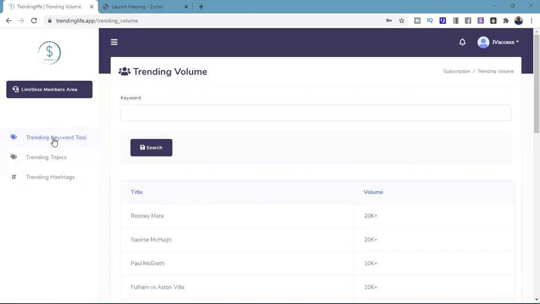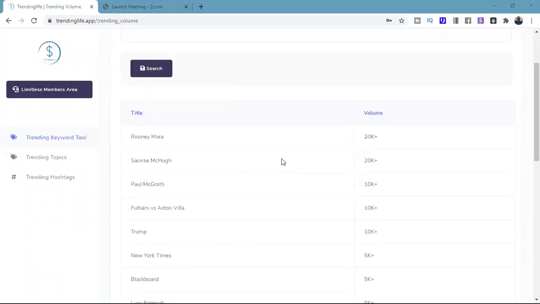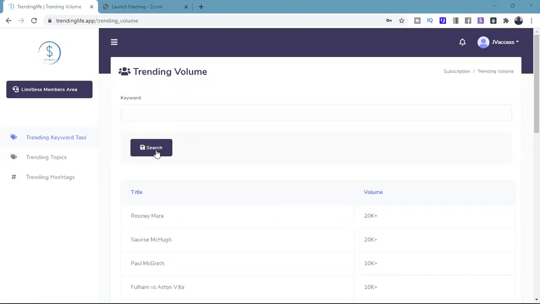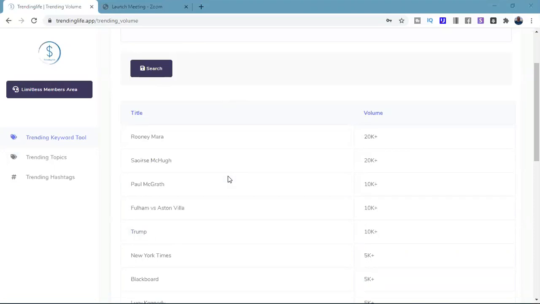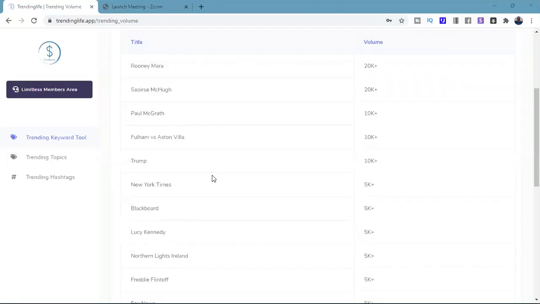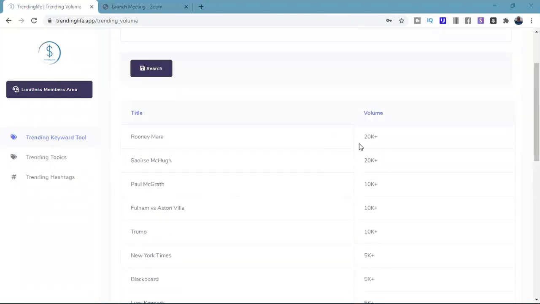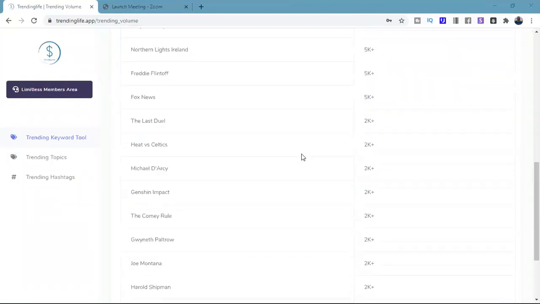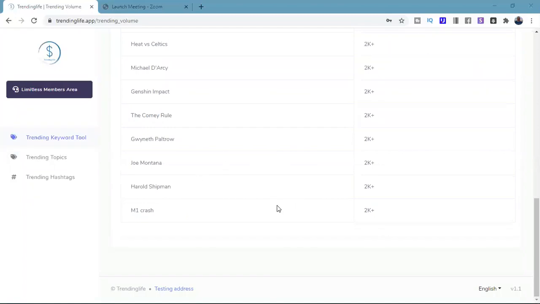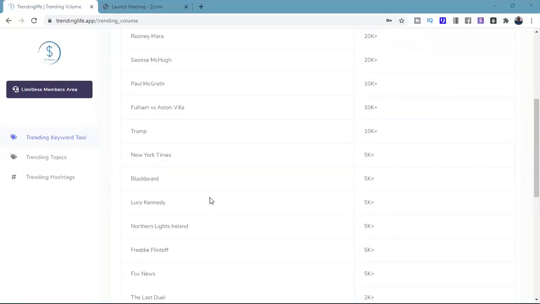parts. Now, this part here, Trending Keyword Tools, actually has two different subcomponents, and I'm going to explain what they each do. So the first thing that you see is today's hottest alerts. So this is kind of a product alert, and I didn't actually do anything on the search button or anything, but these just come up automatically. So this is what's trending at the moment. And you can see how many searches there are. That's the volume there. How many searches there are to do with these words, and that kind of gives you